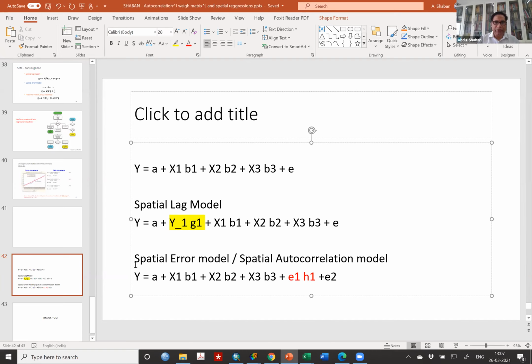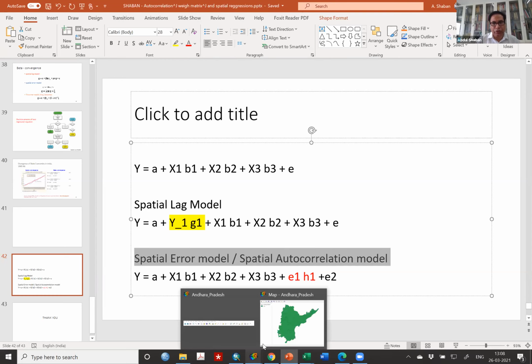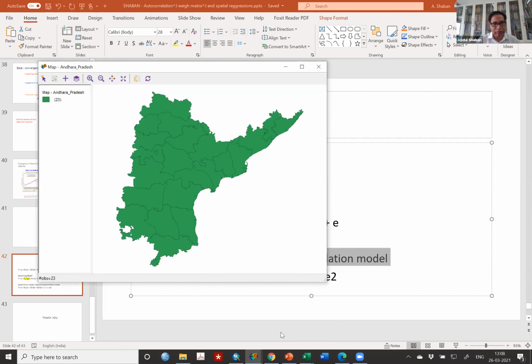So I'm just telling you these two things. How to do in Geoda, I'm coming to that. And what I want to demonstrate to you is not that you must do this. If you are able to do it, include it in your write-up, but if you are not able to, then still you need to understand what they are, because we have reached up to here. So now I'm going to Geoda back and show you how the differences emerge.